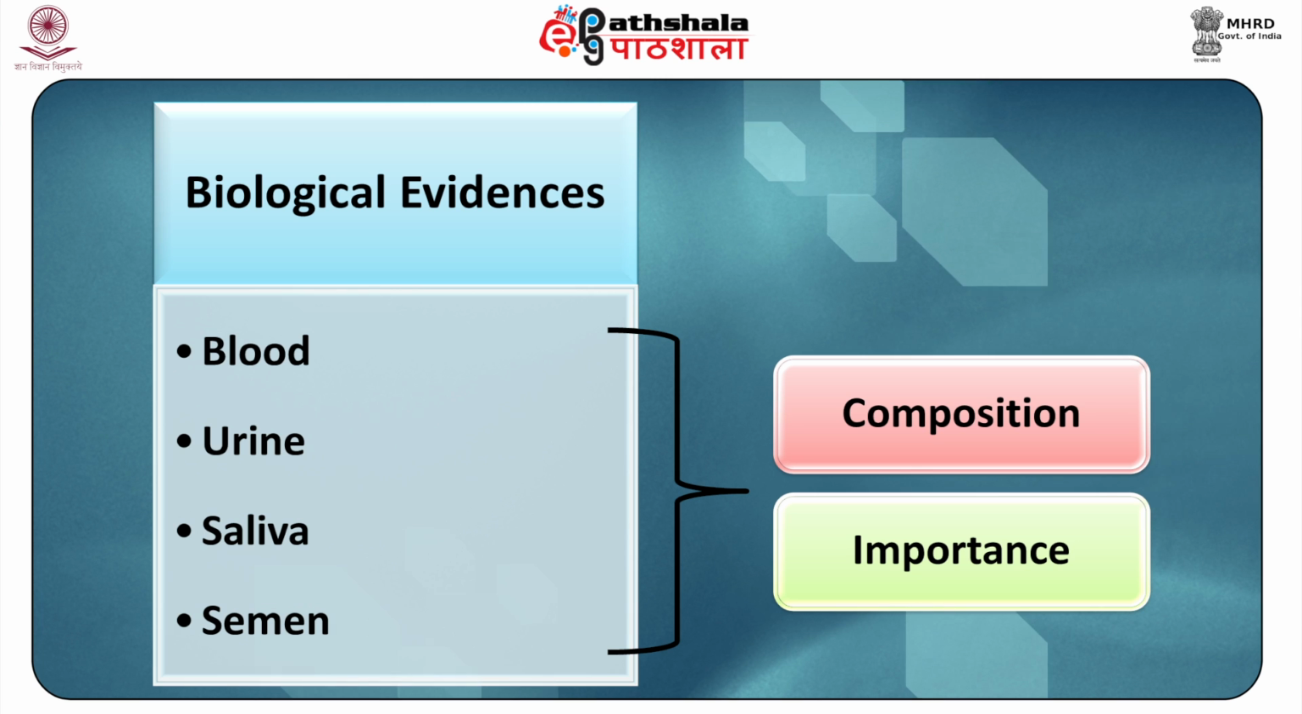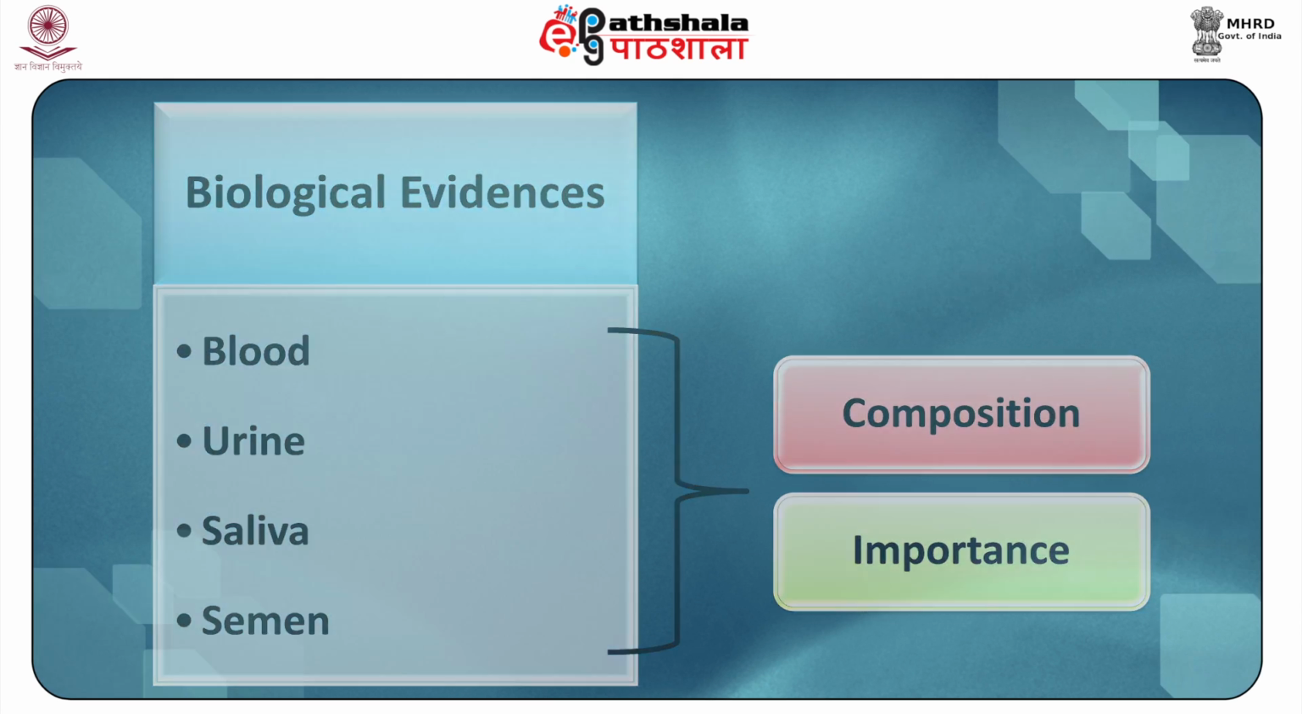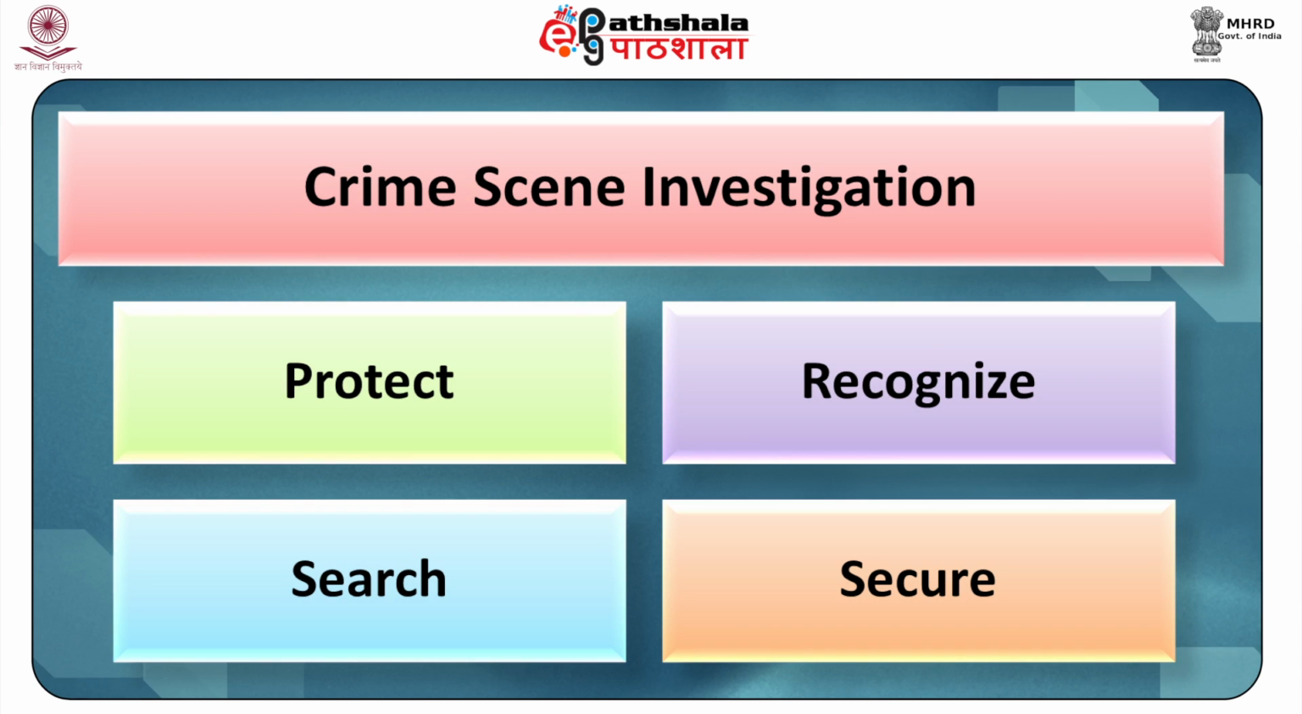about the various types of biological evidences such as blood, urine, saliva and semen, their compositions and importance in the field of forensics. Moreover, you will also be made familiar with how you can locate stains from these biological evidences. In addition to it, you will also be studying about nature and role of forensic biologists in crime scene investigation, in which you will be studying about how to protect, recognize, search and secure the biological evidences in crime scene